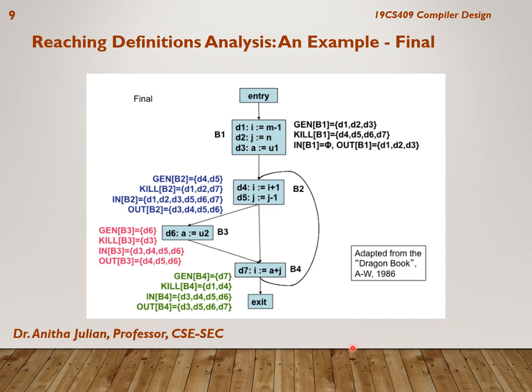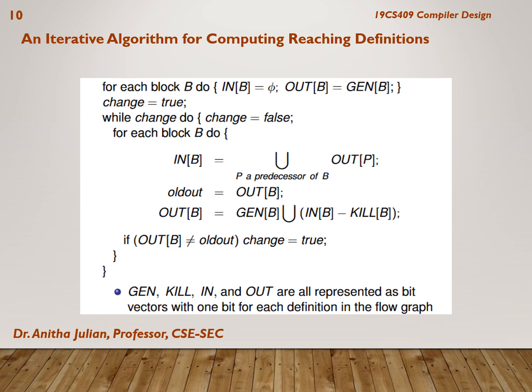Okay, so the final thing is what we already saw. So we are generating, and the kill also we have to take in is null, out is D3, the same thing only. Okay, so this will be the final pass. This will be the final value what we obtain. So we are following the algorithm like this. For every block we are finding initially in is null, out is the gen value, that is what we saw